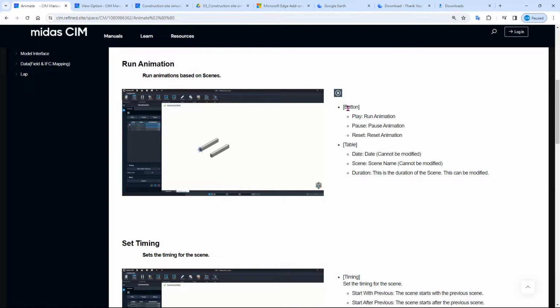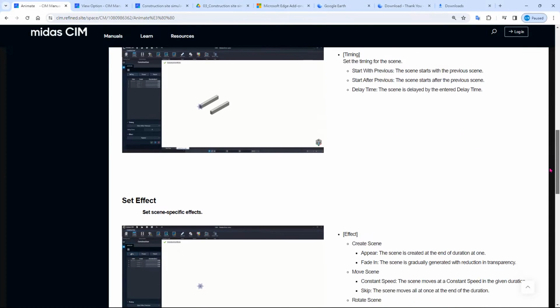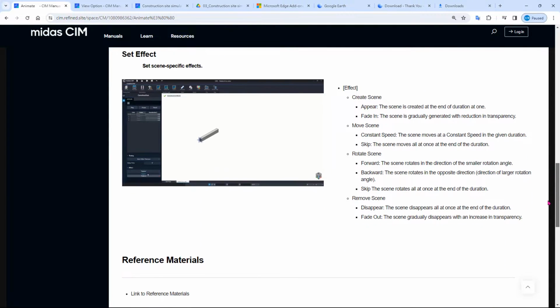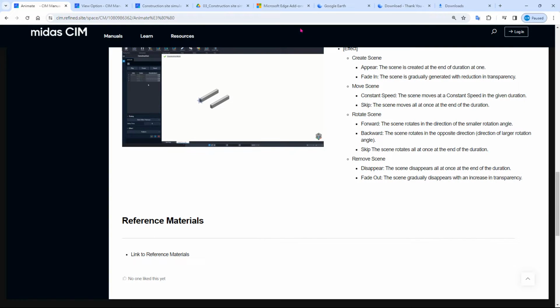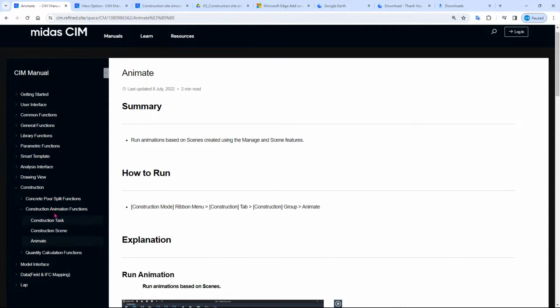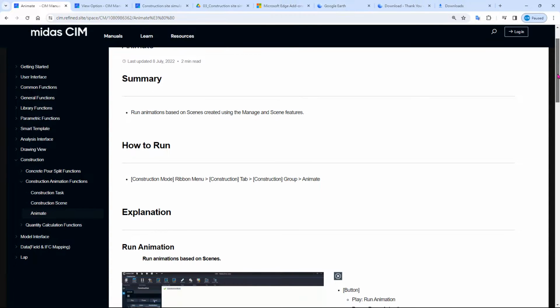You can see which button does what, which timing does what, etc. In here you can also set effects, etc. And usually if the material is branching to other material, for example, maybe this one, the construction stage.